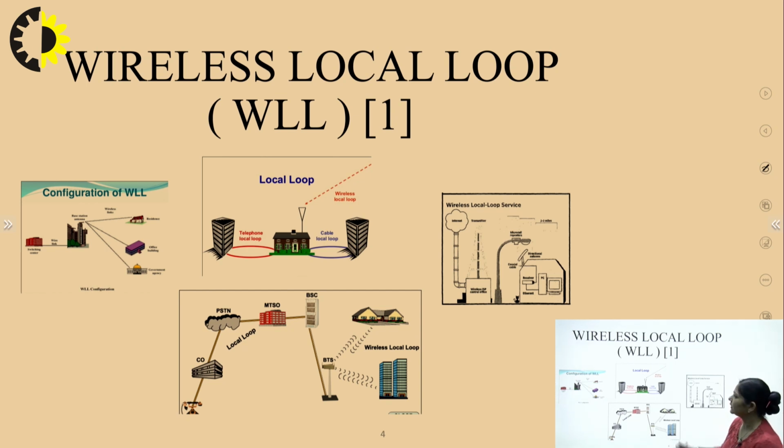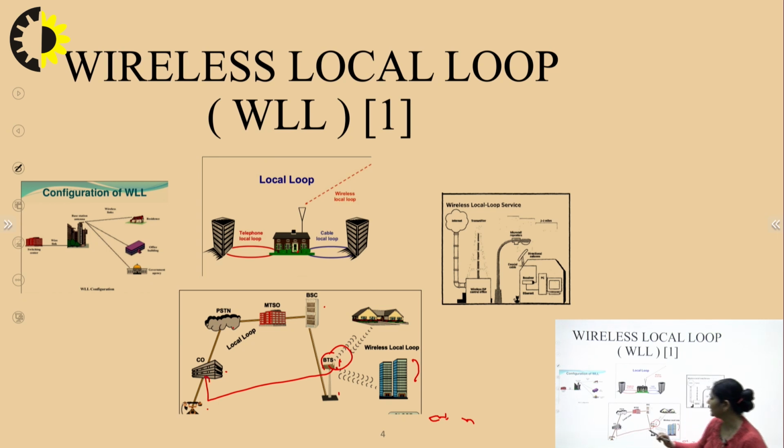As you can see in this diagram, this is the wireless local loop. There are different diagrams shown here where a wireless telephone exchange is there, and there is a home and there is a cable. These are the cable loops, and here there is an antenna that shows that there is a wireless link between the different users. Now in this also you can see the telephone. This is the exchange, PSTN network, switching office, BSC station, BTS. Now ultimately this BTS is connected with this exchange or telephone network, but these users are connected wirelessly, forming a